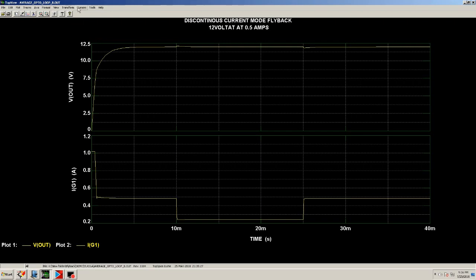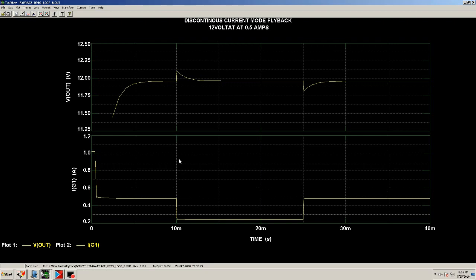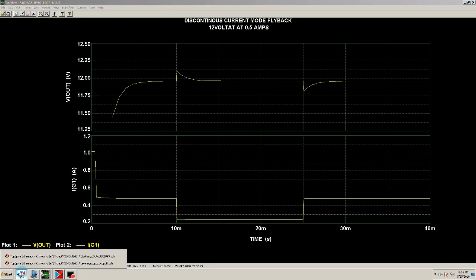So if you notice, it's approximately 480, 482 and 243. Okay, so if you notice, when the current goes down, there's a little up click. Okay, that's what I want to show. So basically, when the current goes down, this goes up, and when the current goes up, it goes down. Okay. Now, mind you, if you notice,